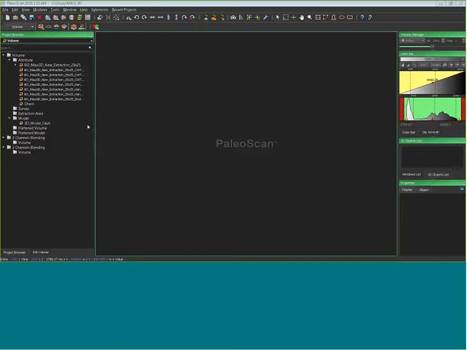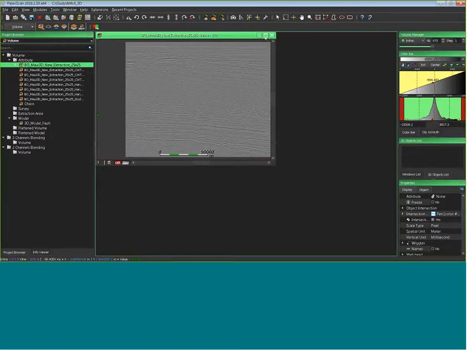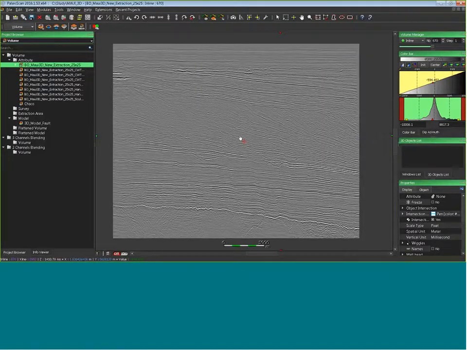Okay, before showing you the main features I showed you during the presentation, I will just start with some new platform tools. First, I will just open my seismic. I will switch my project during this presentation. I will start with this project. It's the Maui project. It's a New Zealand dataset, Taranaki Basin.